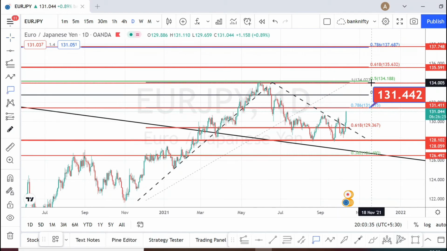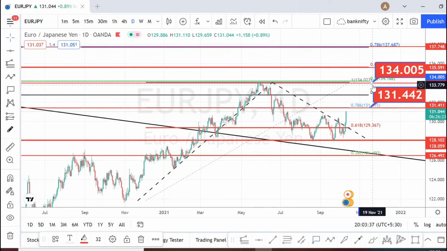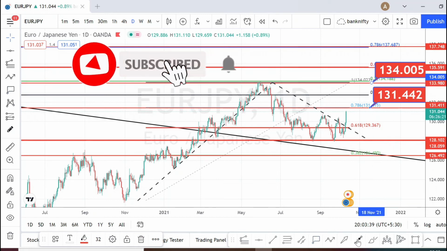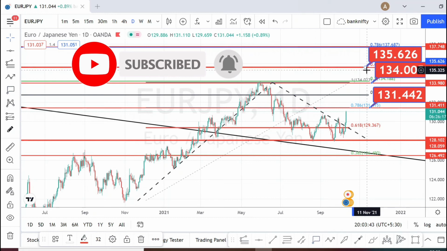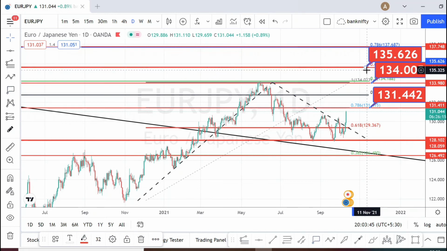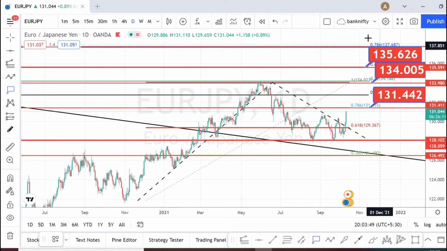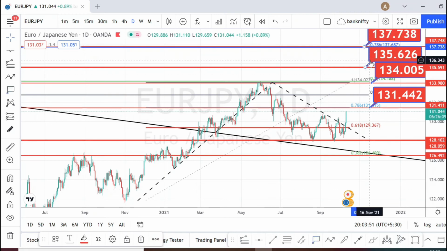Next target is going to be 134.005. And once that target is achieved, we'll have the next target as 135.626. And once that target is achieved, next target is going to be 137.738. In case there is a retracement, we can see it retracing to the support level